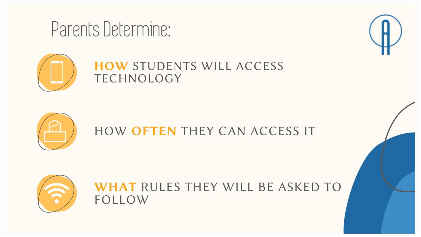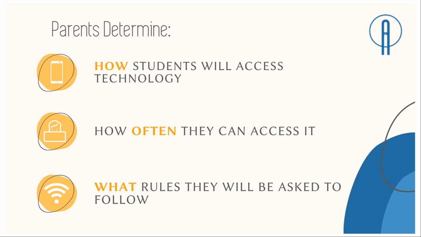Parents determine how students will access technology. They might have to use their own devices, their own broadband. They're in different rooms and areas. They might make choices that are different than a school, like how often they can access it. Schools may have different rules around filters and access and time than a home does. Sometimes these can conflict, especially if a parent is greatly concerned about screen time, but also has to teach remote learning, there can be a conflict in goals.